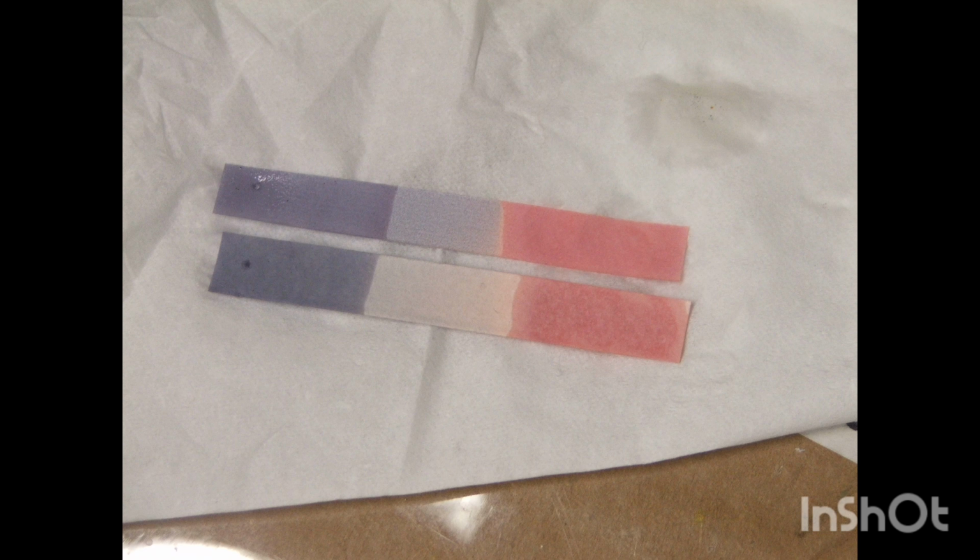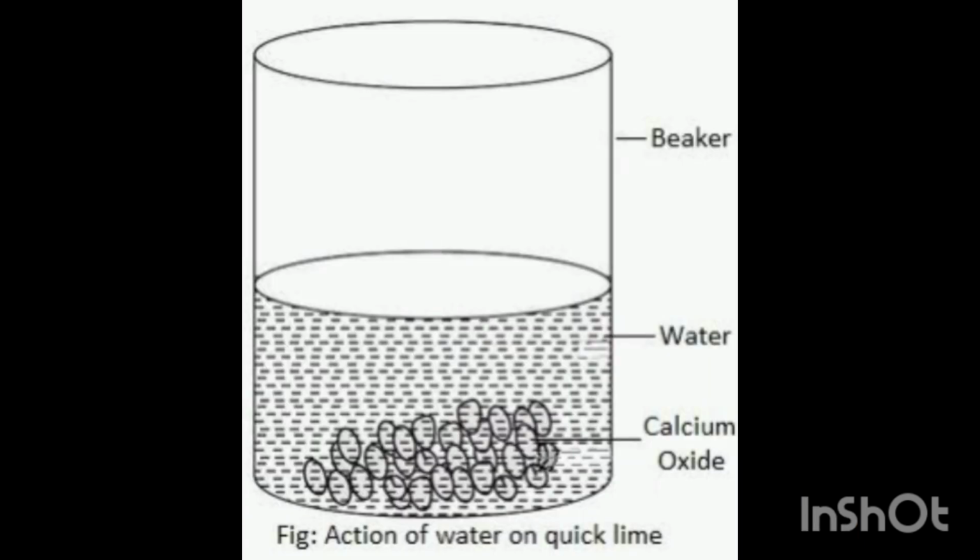Litmus is a water soluble mixture of different dyes, which is extracted from lichens. It is often absorbed onto filter paper to produce one of the oldest forms of pH indicator. You know the pH scale, right? We'll discuss it later if you don't know. Let us come back to our activity now. When you mix 1 gram of quick lime with 10 ml of water, you observe that the solution is a basic solution. In the picture you can see the same thing.